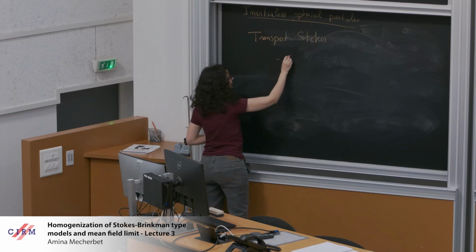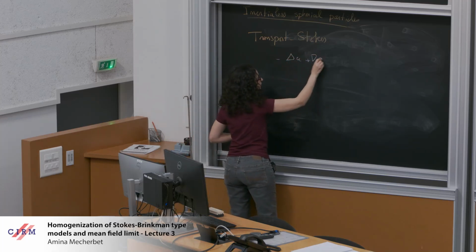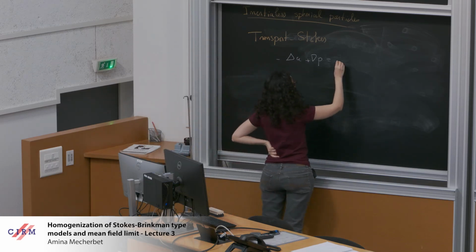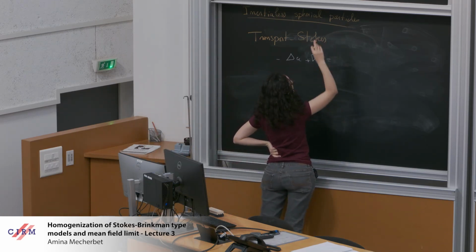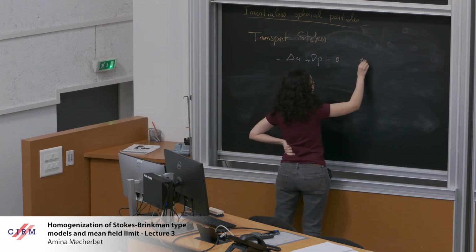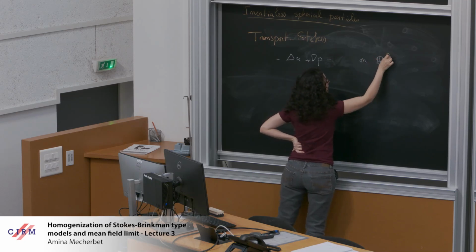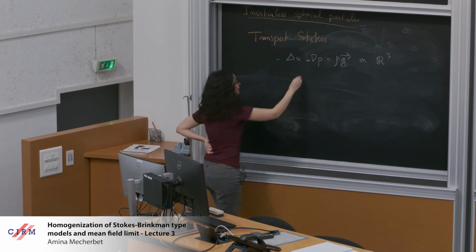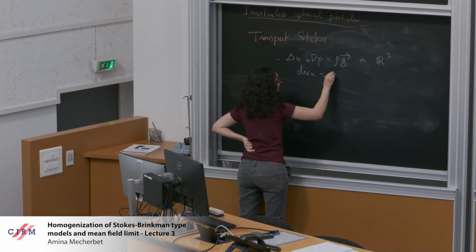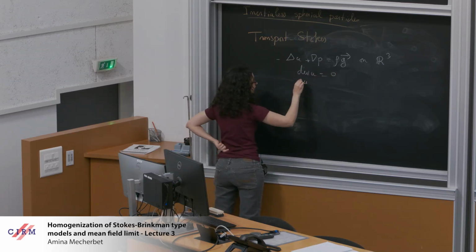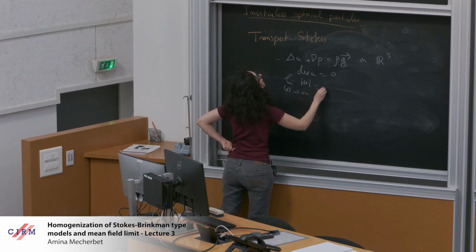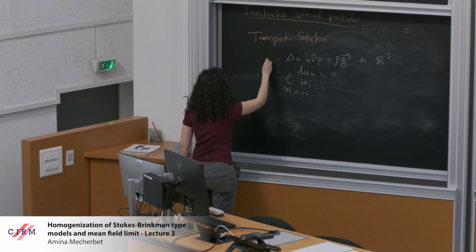It is a coupling between a Stokes equation for the velocity of the fluid, which is assumed to be given by a Stokes equation in the beginning, on R3, divergence free with a vanishing assumption at infinity. This I forgot to put there. To which you add an equation for the transport of the particles